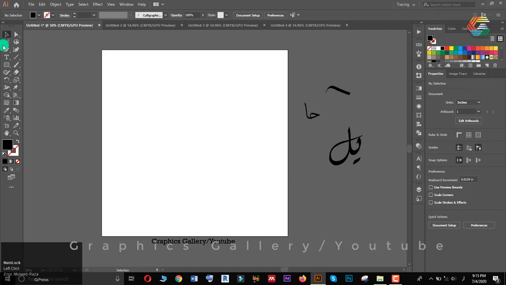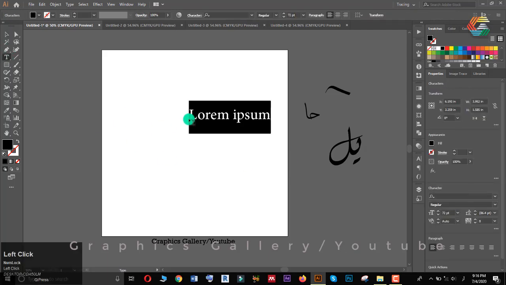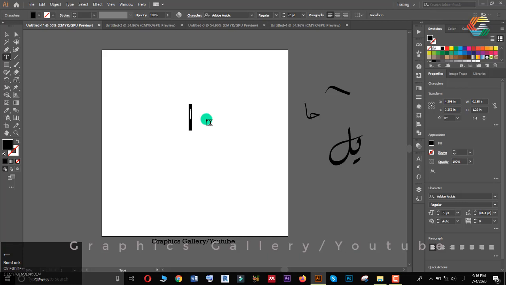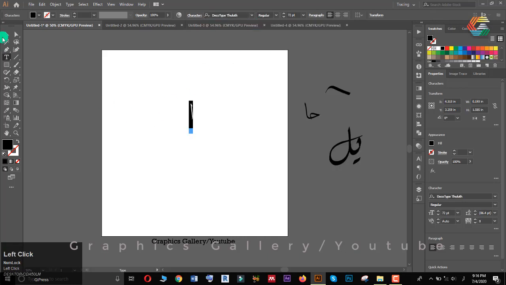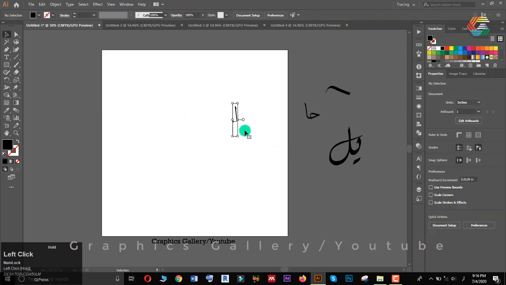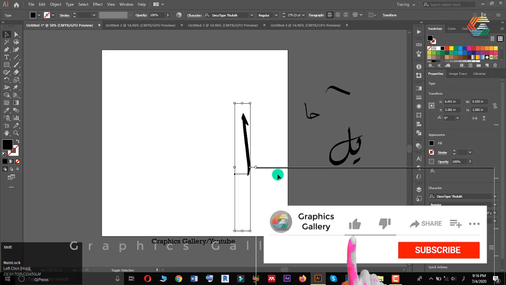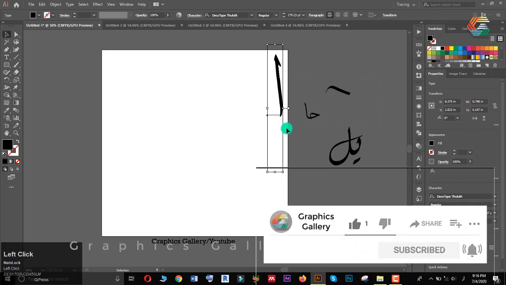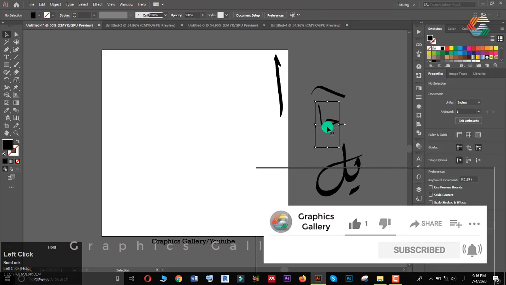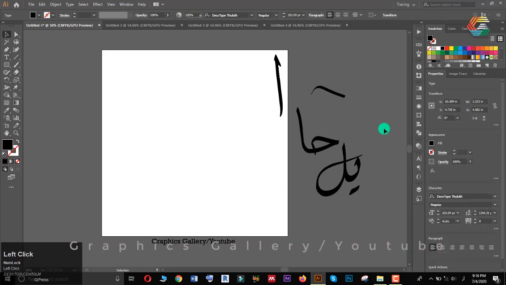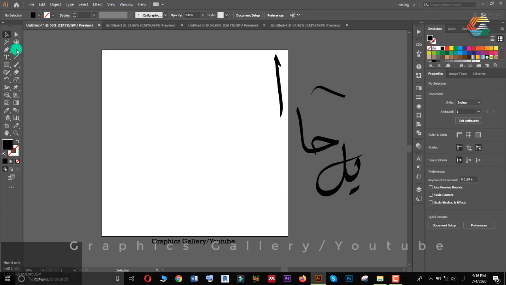Now select the text again and press A, select it all, and change the font to Deco Type. Now we have created all our parts and we have to modify them, and I am going to change their size so it will be visible more easily. I will modify it using the curvature tool and the brush tool.